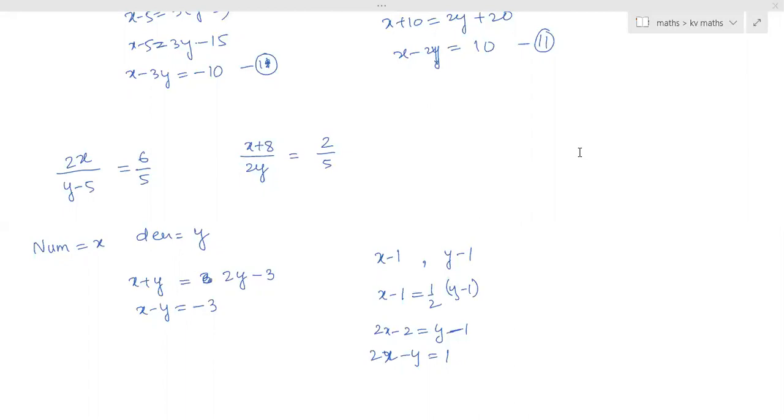Ma'am, I've solved that question. 45. Have you got it? 45 and 15. Yeah. How did you get it? Ma'am, we'll take the sum of the ages of children as y and father's age as x. So here is the first equation, and the second equation is: after 5 years, his age will be twice the sum of ages of 2 children. Yes, then ma'am, we'll have to add 10.